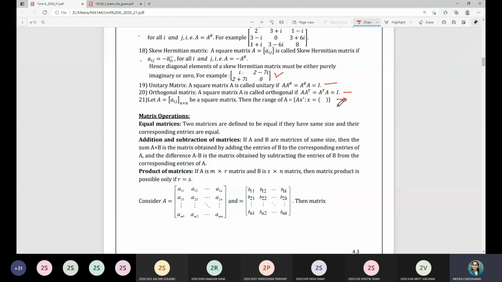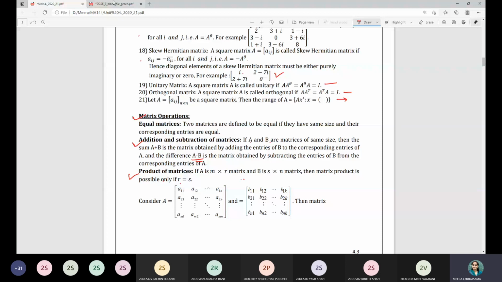Now, before moving ahead, for the upcoming 10 or 15 minutes, I will just recall the things which you have studied in your first semester. That is nothing but matrix operations. You already know how to add two matrices and how to consider the product of two matrices. If A and B are given matrices of the same size, then corresponding addition of the entries will give you the addition of a matrix. Corresponding subtraction of entries will give you the subtraction of a matrix, that is A minus B.